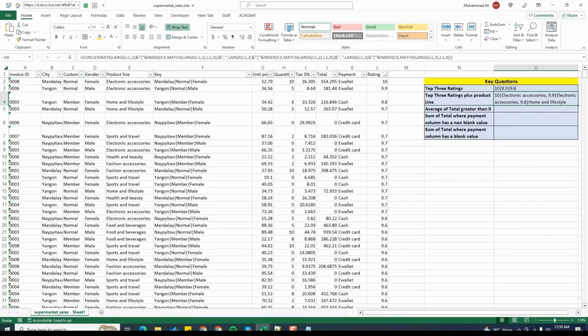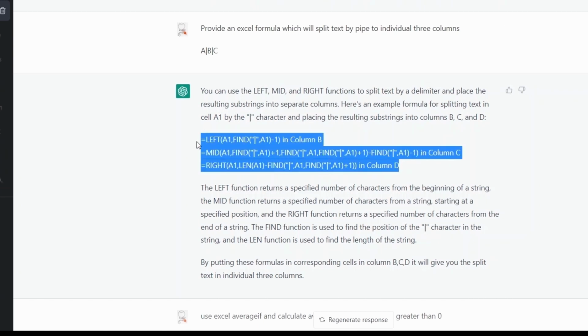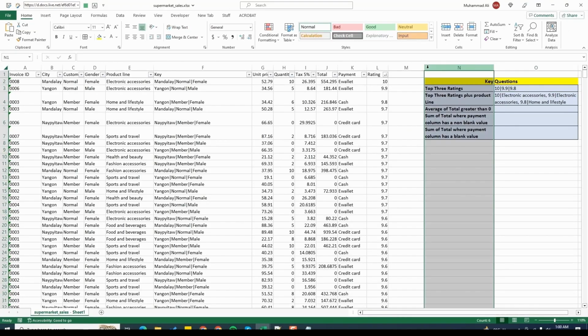For our next example, we want to split the values in the key column into their own individual 3 columns. So let's get back to ChatGPT and ask it. So I ask it that I want a formula to split the value in this format into their own individual 3 columns, and these are the complicated 3 formulas it gives me. Alright, so let's copy paste these formulas in a notepad, go back to our Excel file, and first thing we will do is